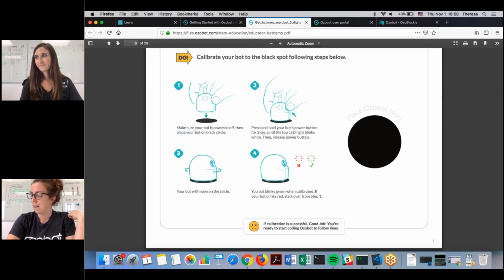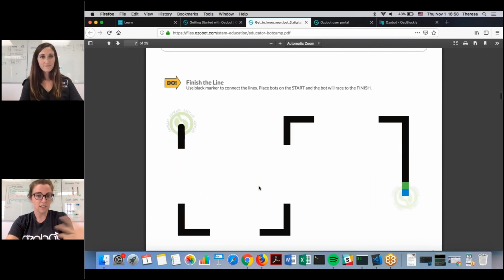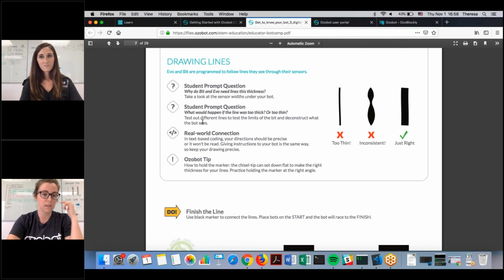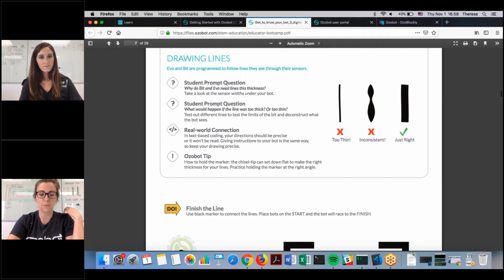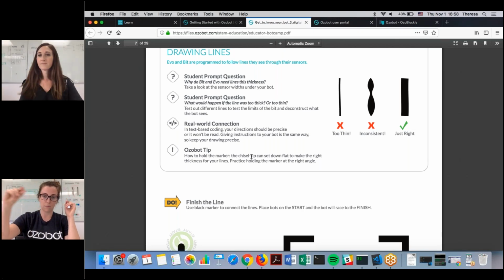It's really great. So yeah, when you do each activity, which teaches something new, we also give you some student prompts, real world connections, any extra tips. So things like how to hold the marker to get the right thing. I don't have one with me, I'm sorry, but the markers that we have are chisel tips. So if you just turn it, you can get that perfect thickness of a line. Just like this picture, if you hold the marker just right, you'll get that thickness, which is why we